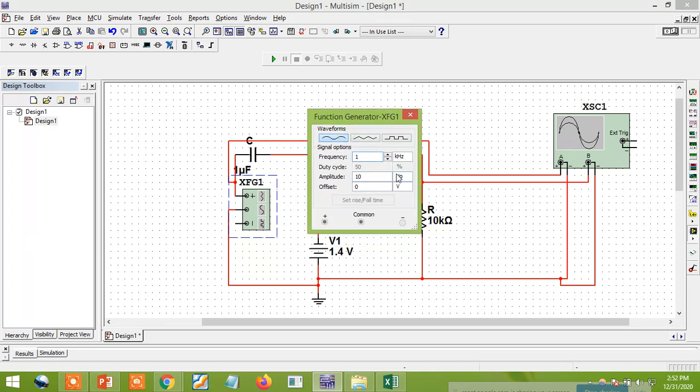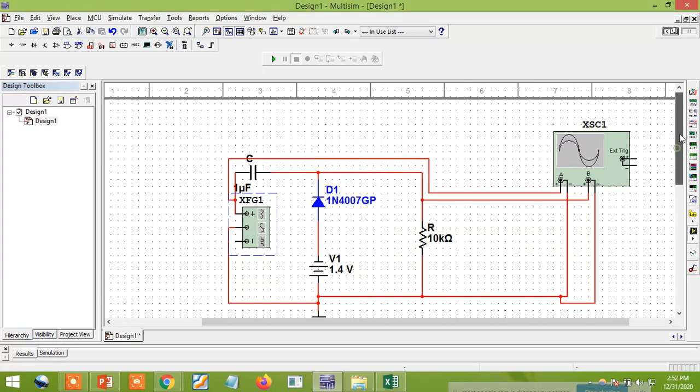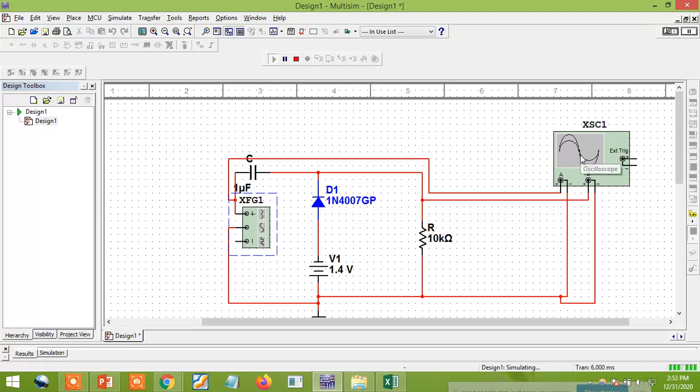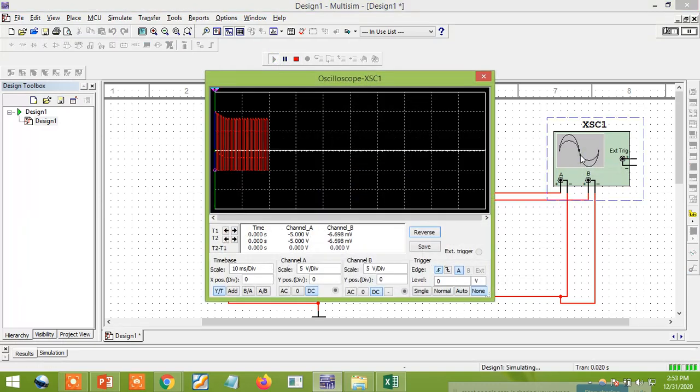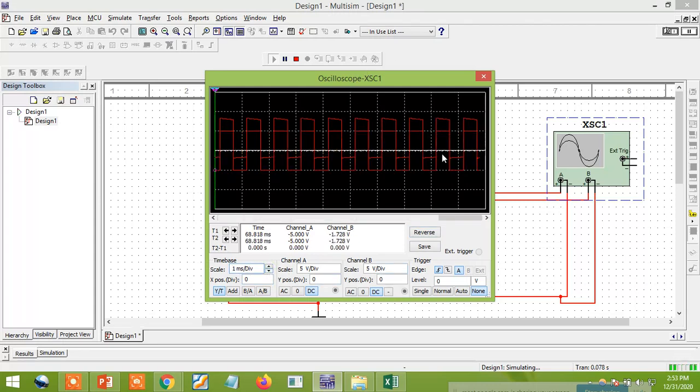Here it is a VP value. I'll take plus 5 volts. One peak is plus 5 volts, and the other peak will automatically be minus 5 volts. You can select this, and for the waveform you need to select the square wave. Just click on the square wave. Just close, and you can observe the output. Just run and click on this. So just change my time scale to milli. You can observe the waveform coming, just reversed.